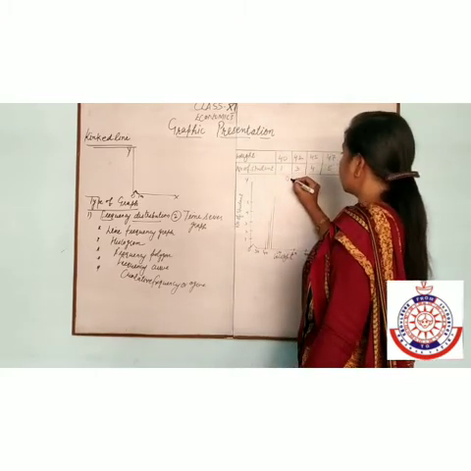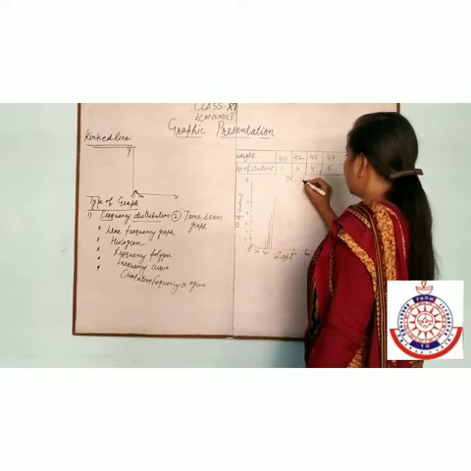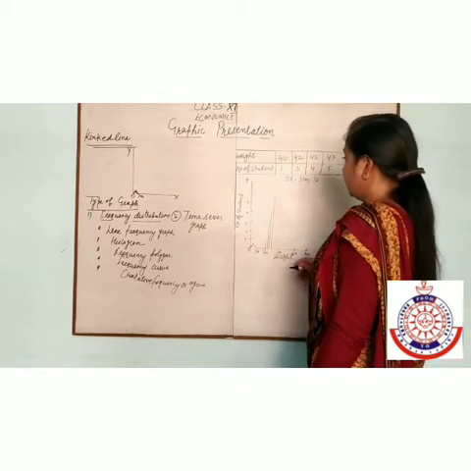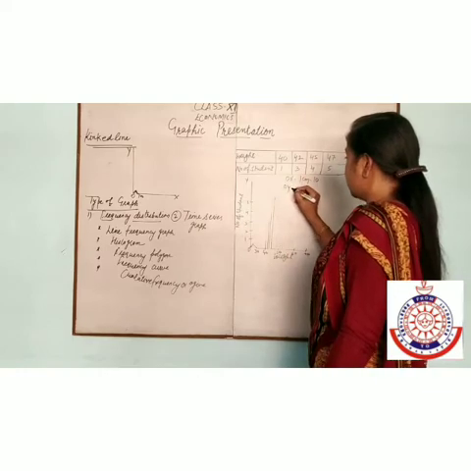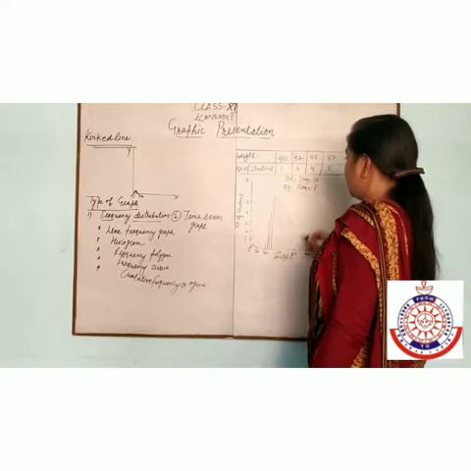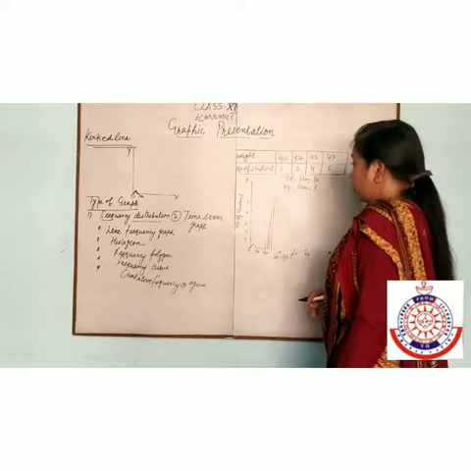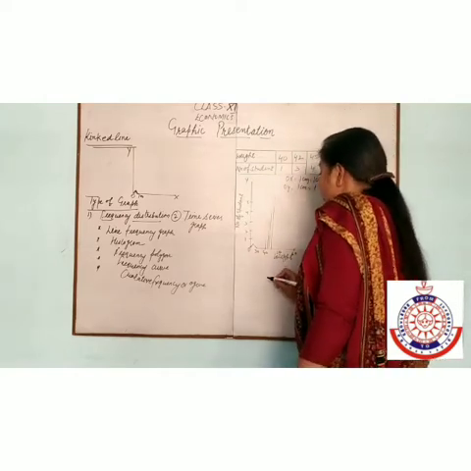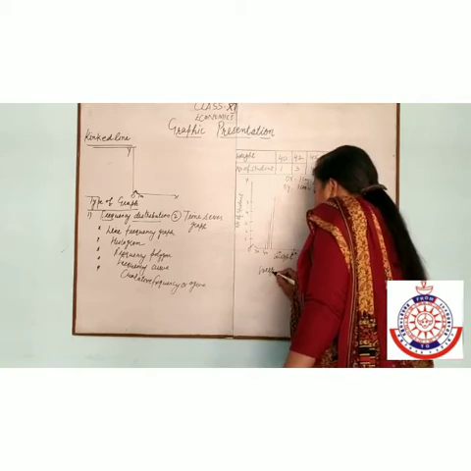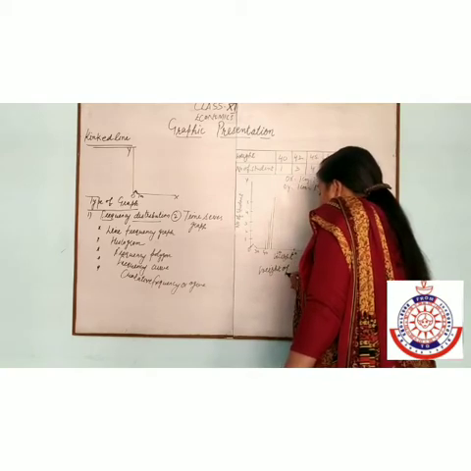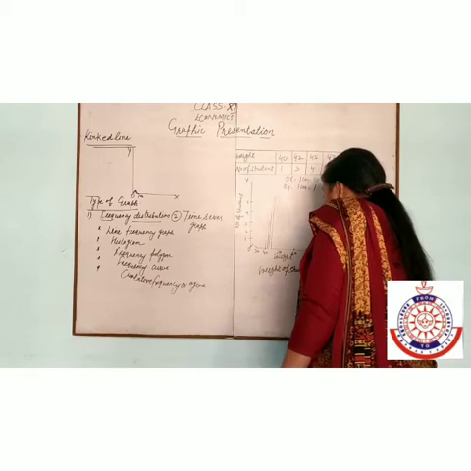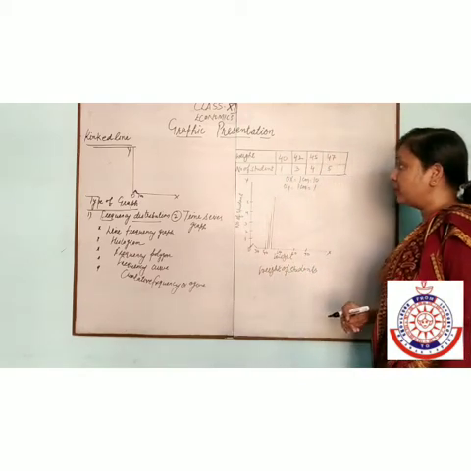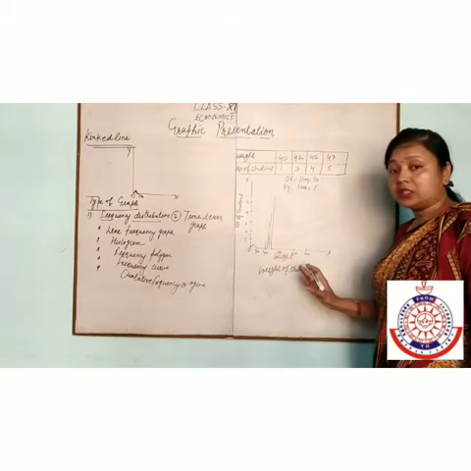Scale of OX axis, 1 centimeter is equal to the gap between 10, and OY scale is 1 centimeter is equal to 1. And this table shows the weight of the student. Heading is the weight of the students. So this is our line graph. It is used in the discrete series.